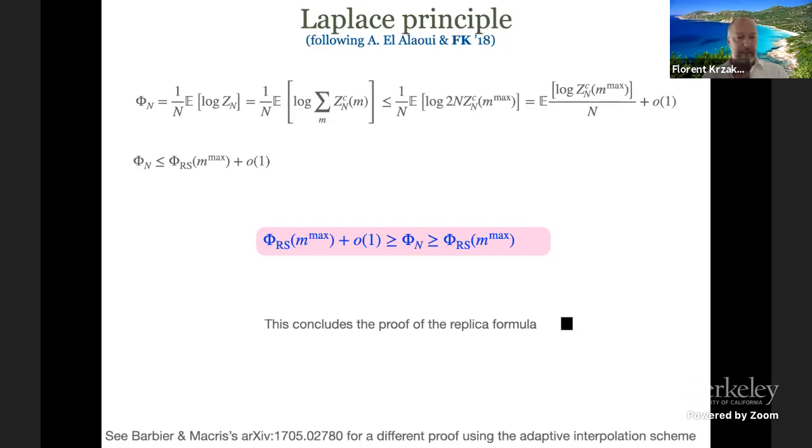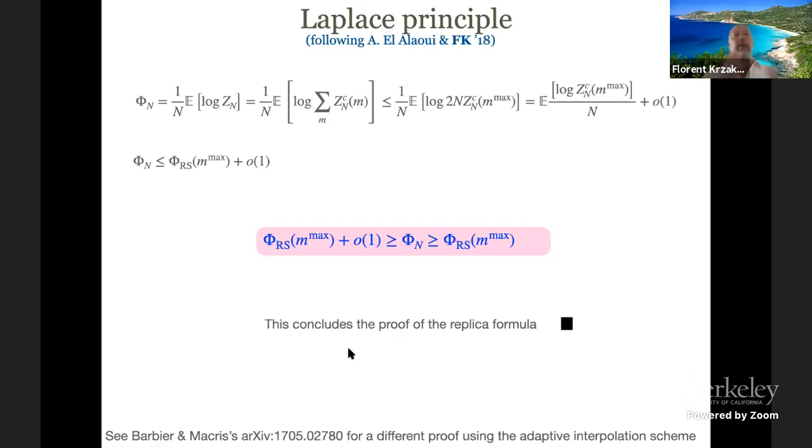I just want to mention that there is a very interesting, much more challenging scheme that has been developed by Jean Barbier and Nicolas Macris to tackle similar problems in a more complicated setting. It's called the adaptive interpolation scheme. It's much more powerful than what I'm showing here. But in this paper on arXiv, they show exactly how their scheme works for this simple random field Ising model, and I think it's a very interesting exercise to understand how it works before moving to a slightly more complicated problem.